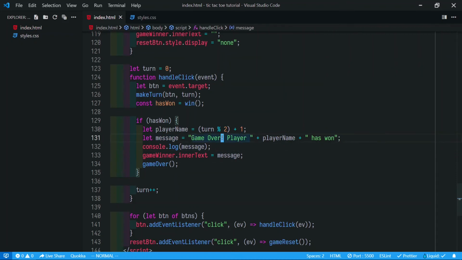So instead of this plus and everything, we can use a new feature of JavaScript, template literals. So to do that, let's first remove this.